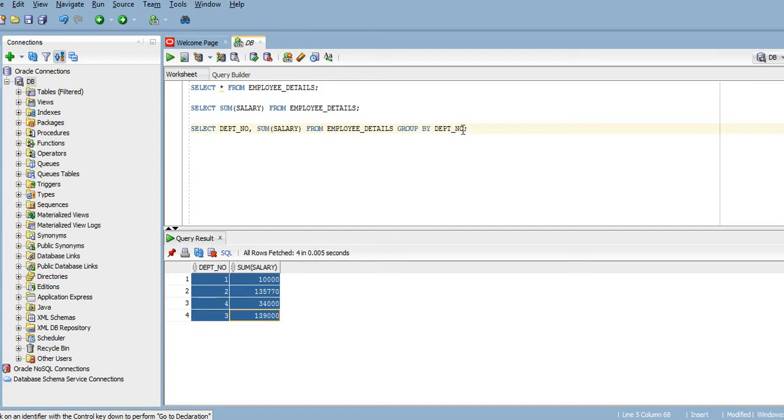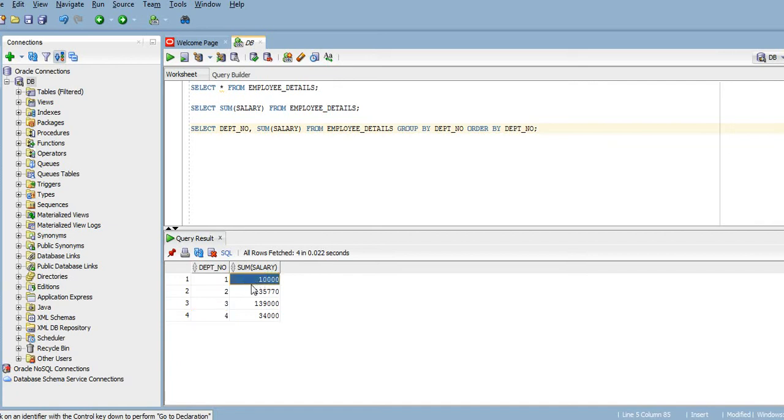The company can check the data. If we want to reorganize the data, what can we do? We can use the order by clause. We can order the data based on the department number. If I rearrange the data with order by on the department number column and run it, it will reframe the query with 1 first, then 2, 3 and 4, and based on that the sum of the salary is provided here.